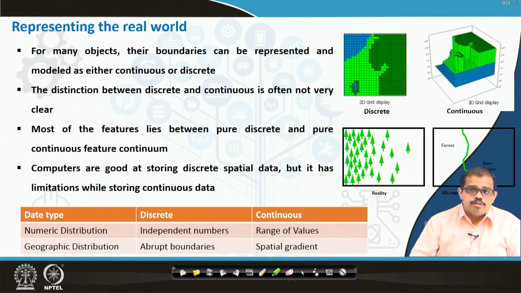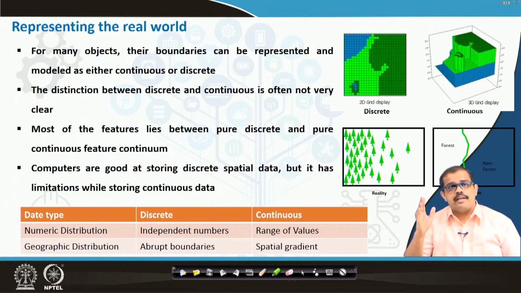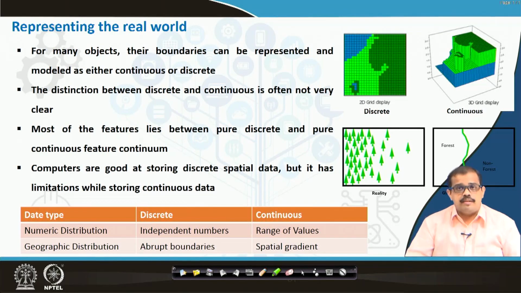So, the first thing that you do is you look at the distinction between what is discrete and what is continuous values on your data set or in your study area. For example, in this image, what I am seeing is a discrete image. You can easily make this particular raster data discrete, because you can understand the variations in it, whereas when you look at continuous data, it is difficult to find out the variations.